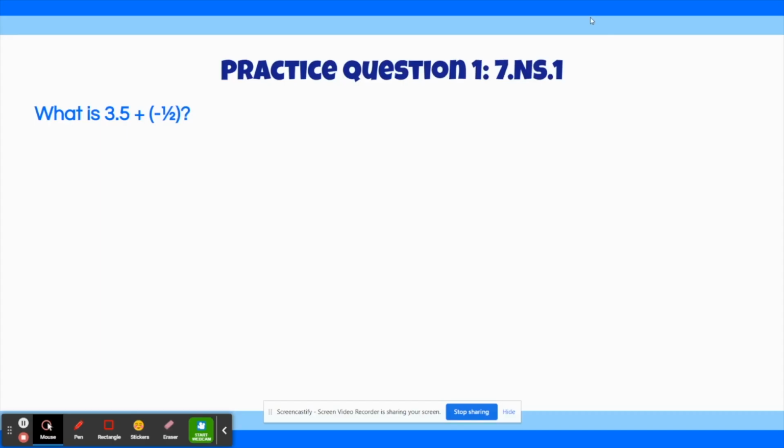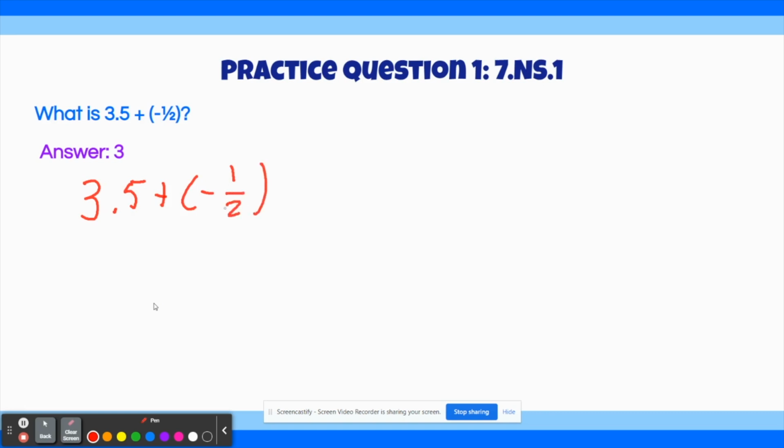Okay, the correct answer to this question is 3. To solve this question, we can first write out the problem. 3.5 plus, open parentheses, negative 1 over 2. So first we need to remove the parentheses, and we have a plus sign before it and a minus sign inside the parentheses. A plus and a minus can just become a negative sign, so we get 3.5